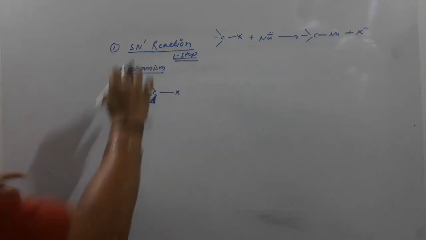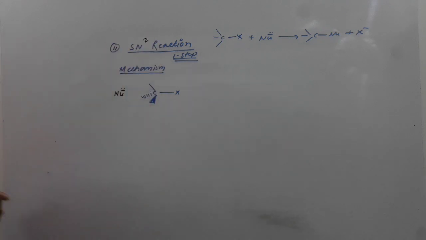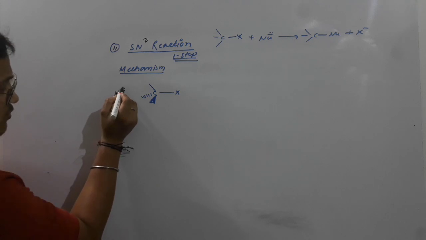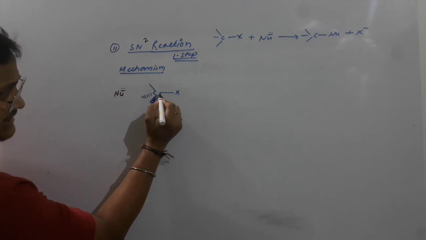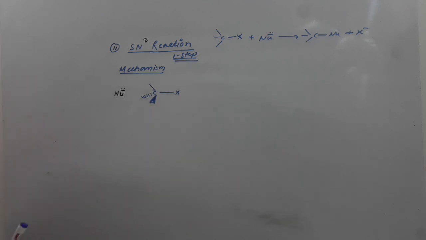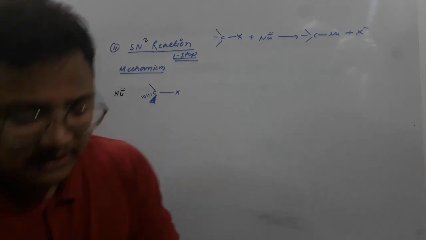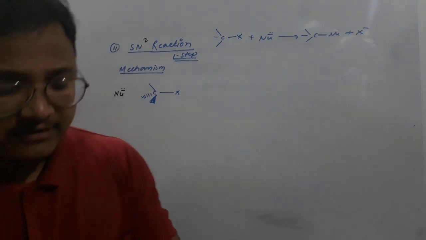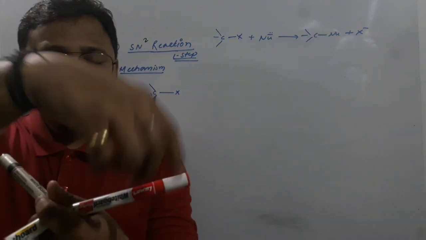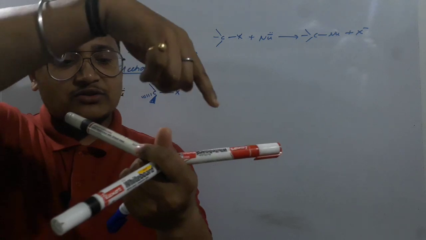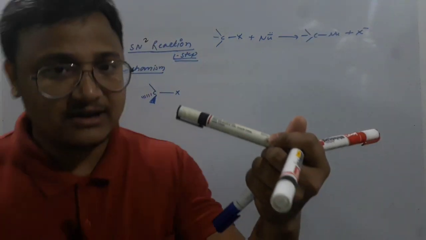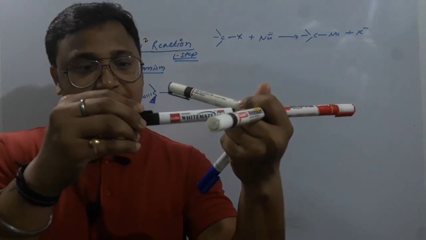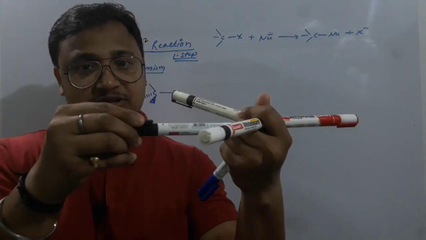this mechanism, this is SN2. In this mechanism, what exactly happens is that it will always attack completely opposite to this carbon halogen bond. Say consider this is our carbon halogen bond. Opposite to this means this side. So this nucleophile will come in, always attacking from this point, opposite to this.